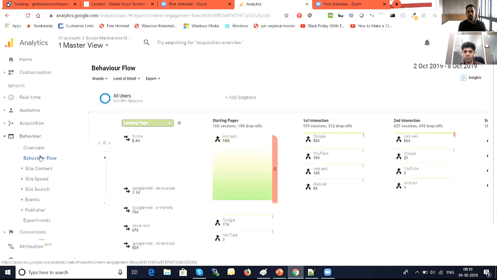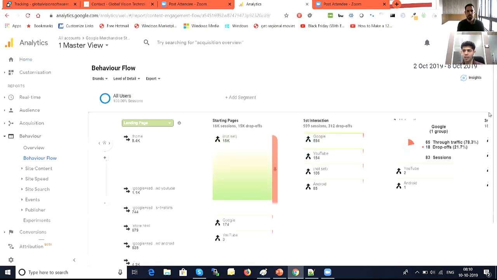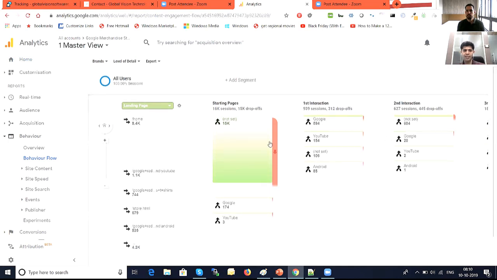Okay, so at this point it looks like a bit of a... not a report but some kind of a diagram. We'll walk through what it is. So let's start seeing this. So basically this is a landing page